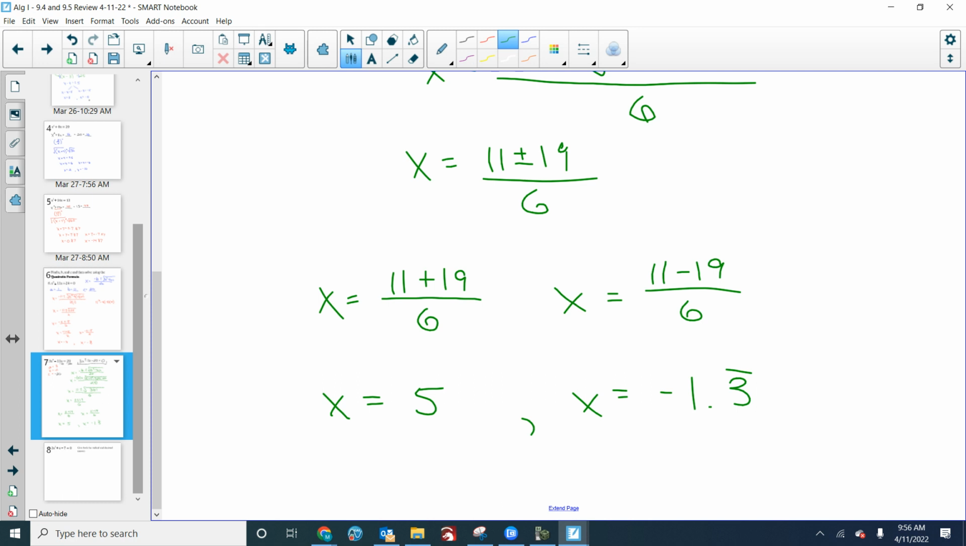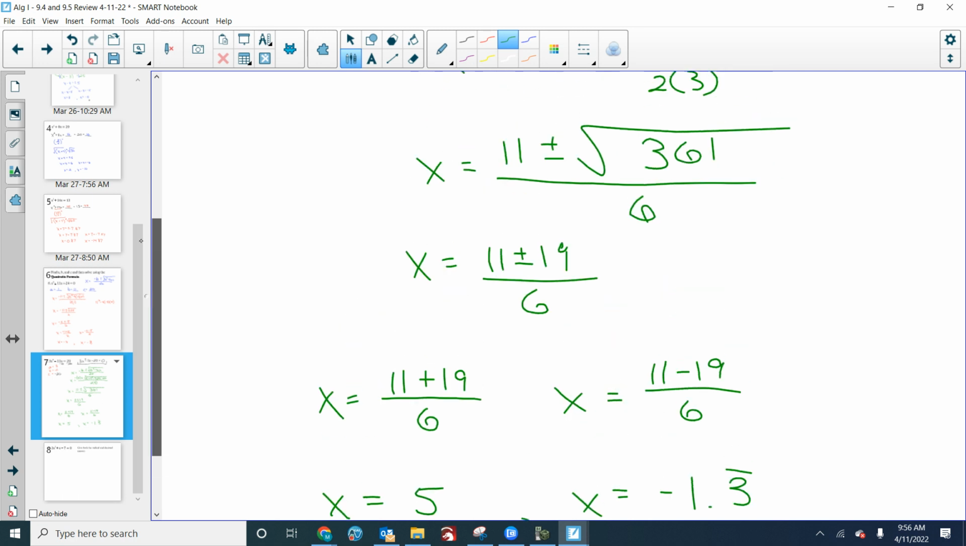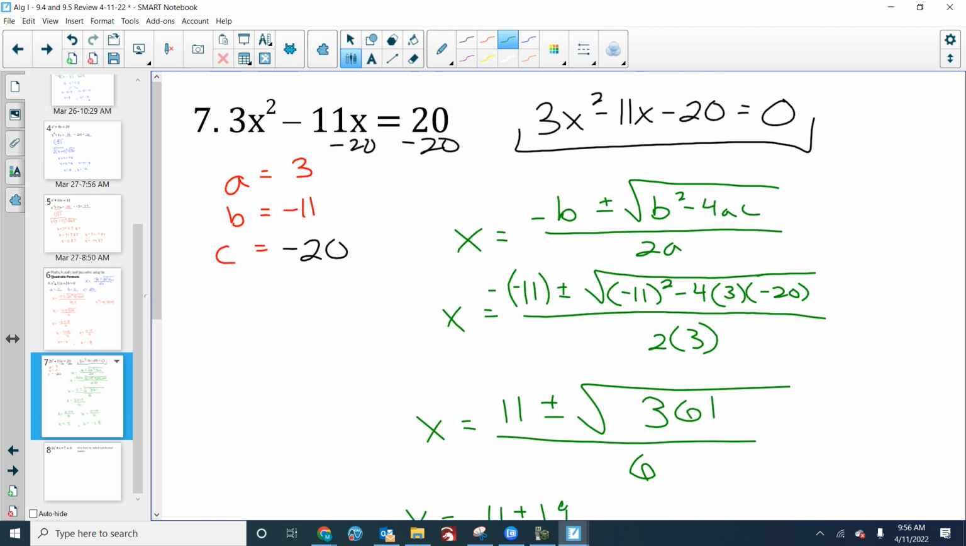Okay. On the quiz tomorrow, be prepared to do a problem both ways. Okay? Now, we're not going to do completing the square if it's a number other than 1 here. But like